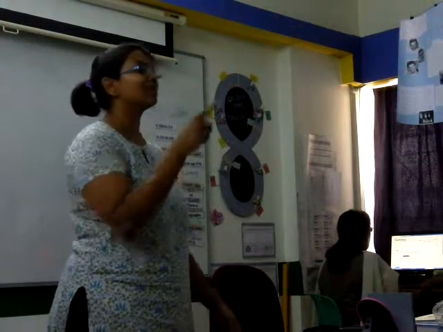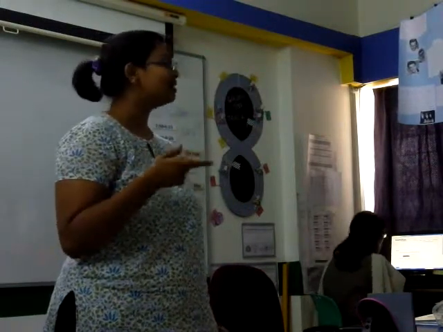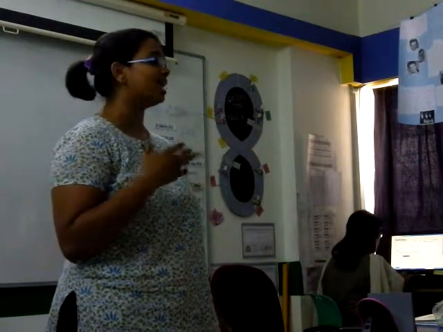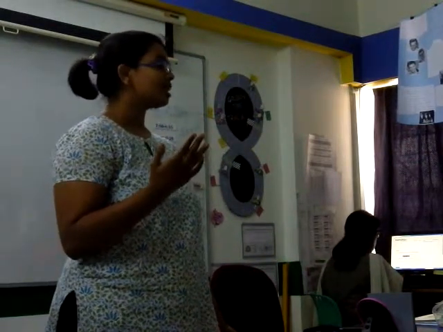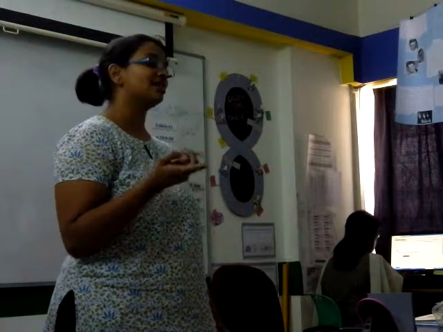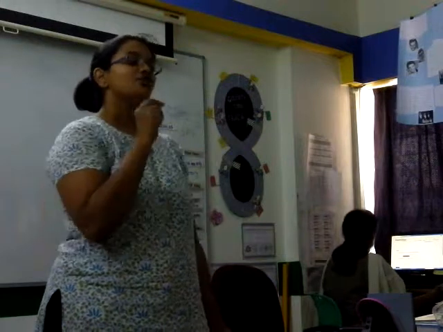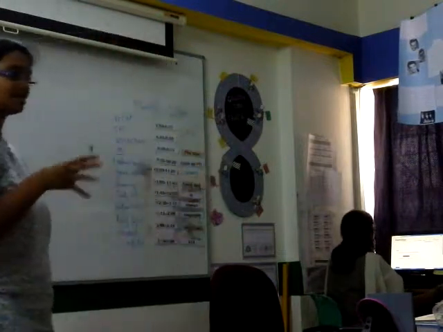Anyone agrees with that? Okay, what kind of object do you need to make a shadow? Opaque. Can everyone say it together? Opaque objects. What do you need to make light go through? Transparent. And what makes a shadow but also lets some light through? Translucent. Excellent. So today we're going to learn about something else interesting about light.